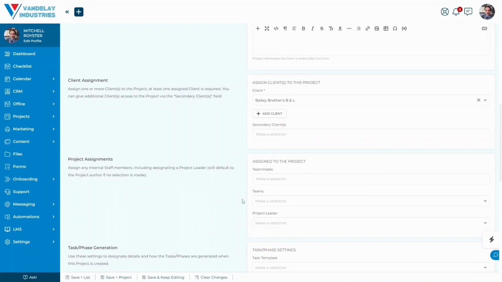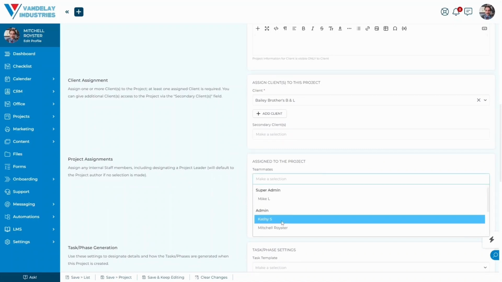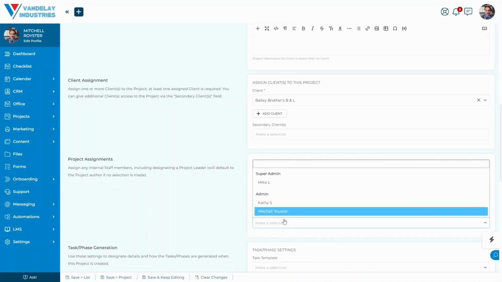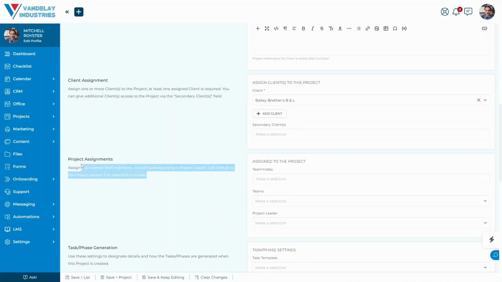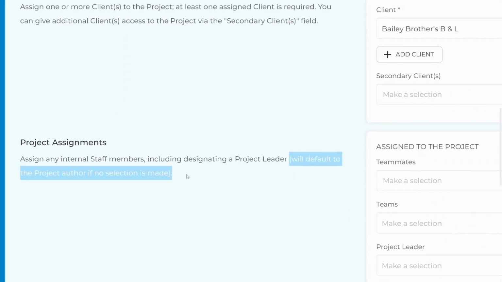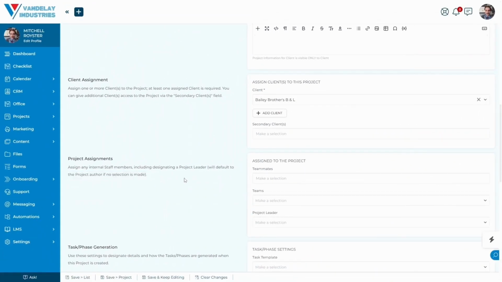Down here, we have our project assignments. You can choose teammates, so an individual staff member, an entire team, and you can set the project leader here. Now, we can see right here that it says assign any internal staff members, including designating a project leader. If we do not designate the project leader here, it will default to the project author if no selection is made. What that simply means is that if I do not assign a project leader here, then what is going to happen is, because I was the one that went in and created this project manually, I would be the